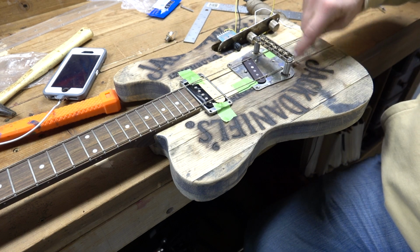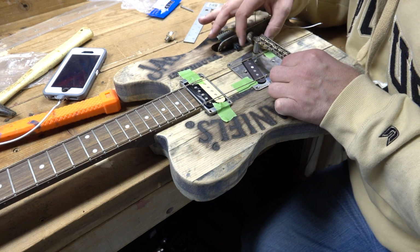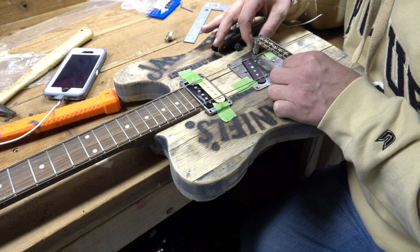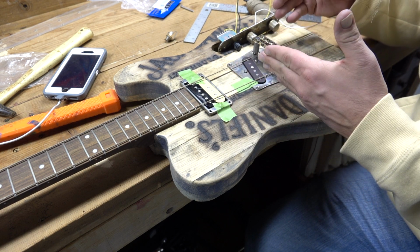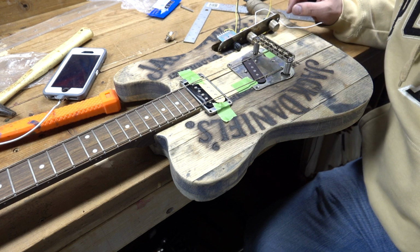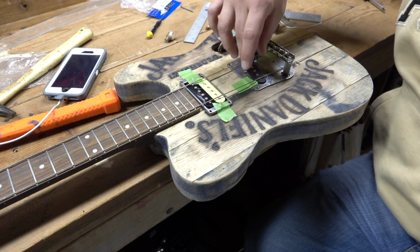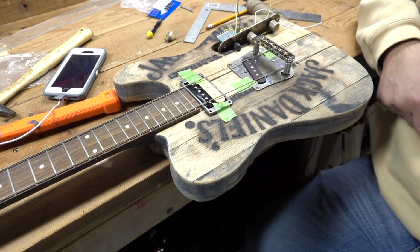I've also got a line here going across that's 25.5, which is the scale that I'm using. So we'll get this lined up. And that looks about right. I don't have a whole lot of room here, so what I can do is move the bridge back slightly on this center line. That way it just needs to be turned ever so slightly. And I can just keep playing, and it's back and forth. What I'll do is I'll get a pencil, and then I'll get an awl, mark this, drill the bridge pickup